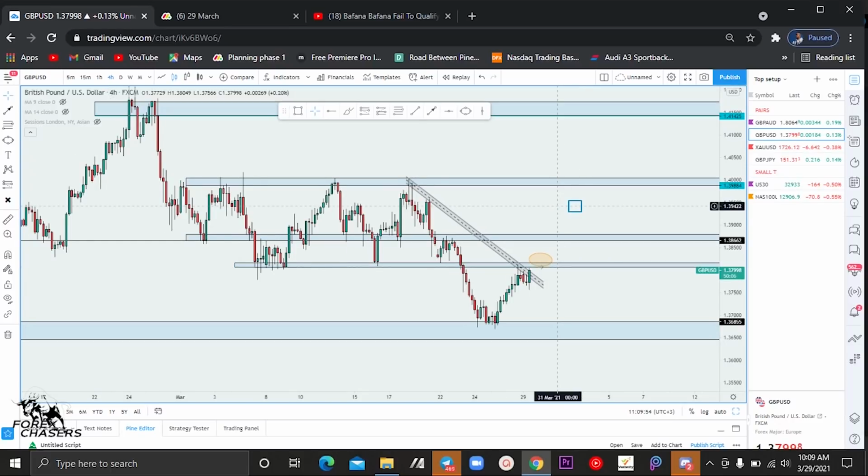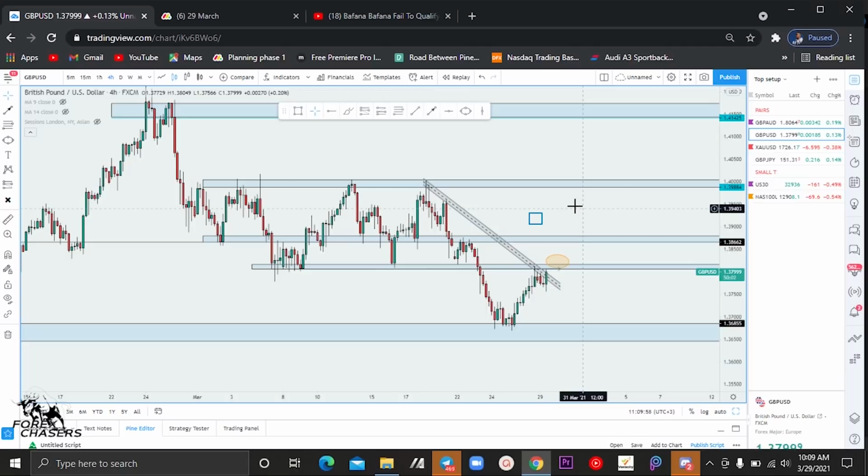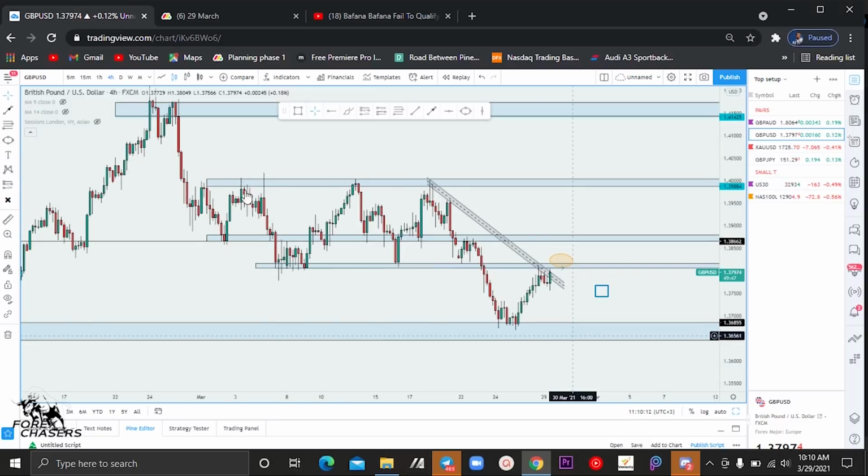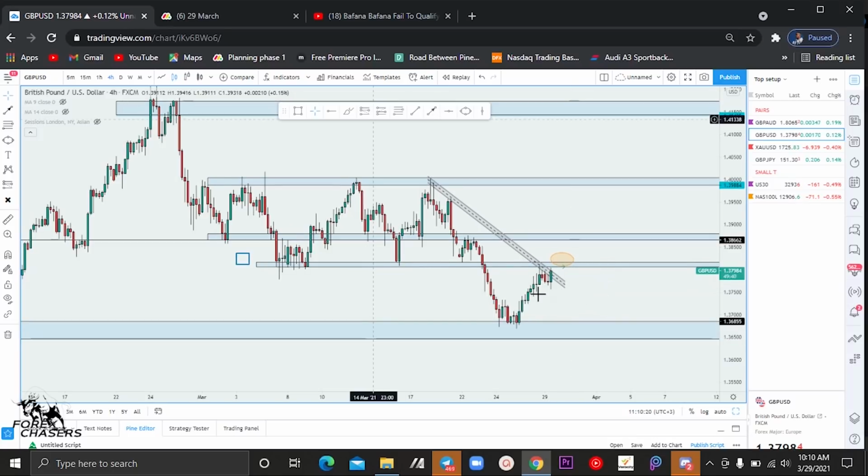So it's pretty simple, guys, on Pound Dollar. Not much complication. You can clearly see the price: we have a correction here, then we broke out of the correction, and we came back to test the breakout. So there's a higher chance that we come and test this area and push to the downside, making this double bottom before we see price pushing to the upside, because you can clearly see that this area here